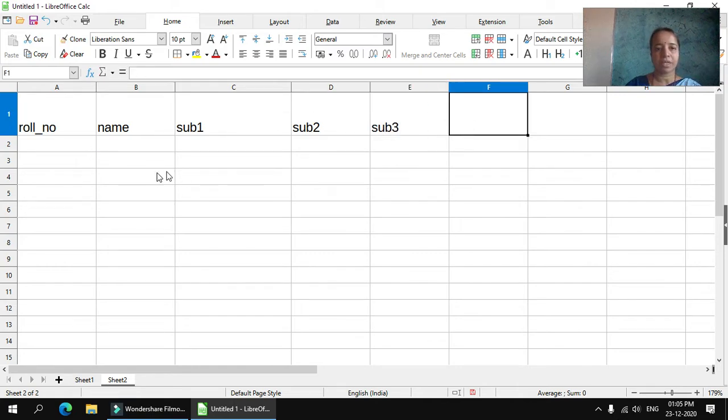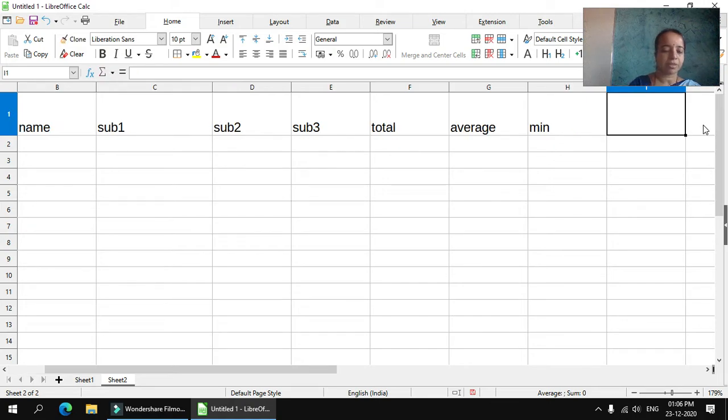Like that you can add any number of subjects' marks, total, and average of marks, minimum of marks, and maximum of marks will be calculated.